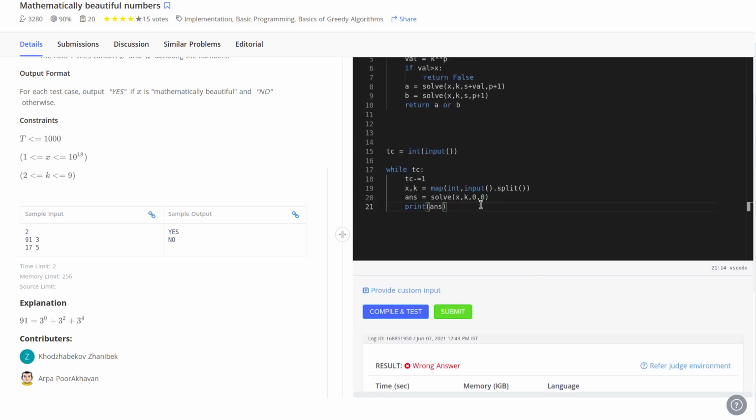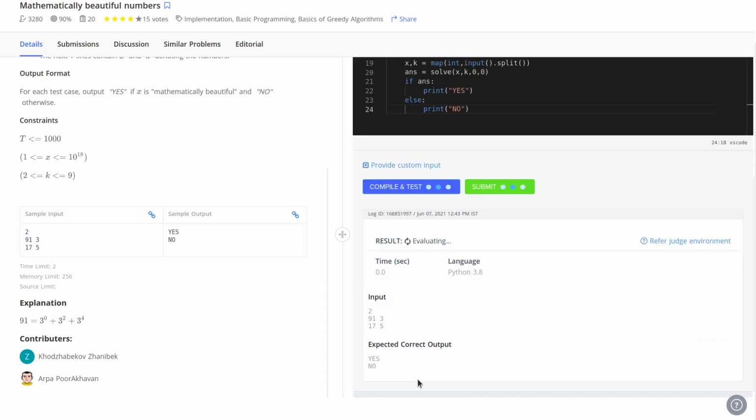So simply we can write here, if answer then print yes, else print no. Let me compile this.